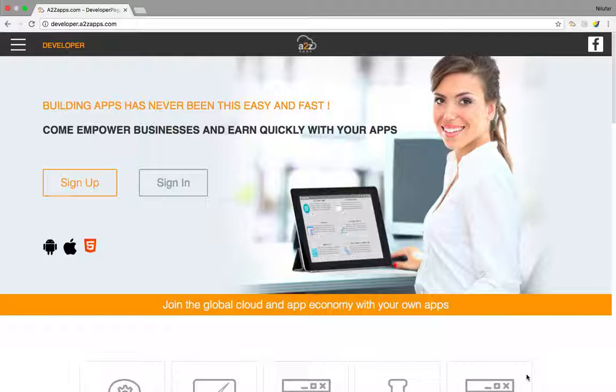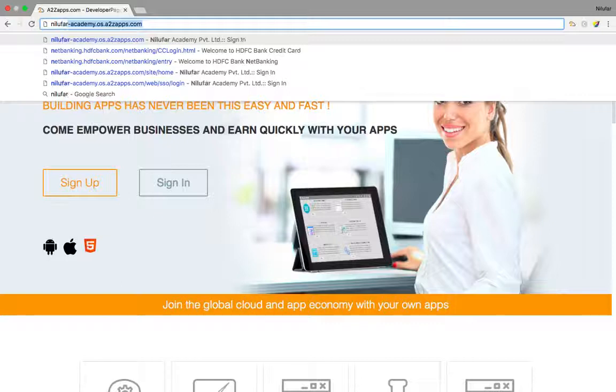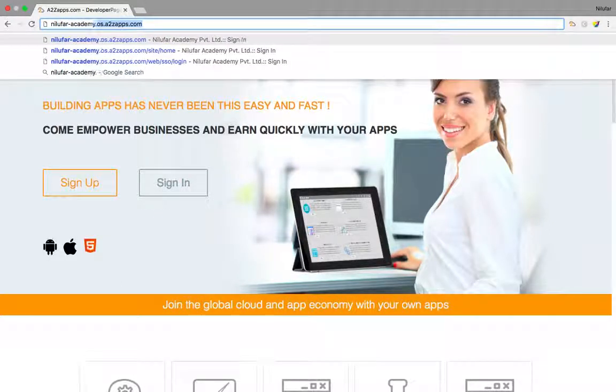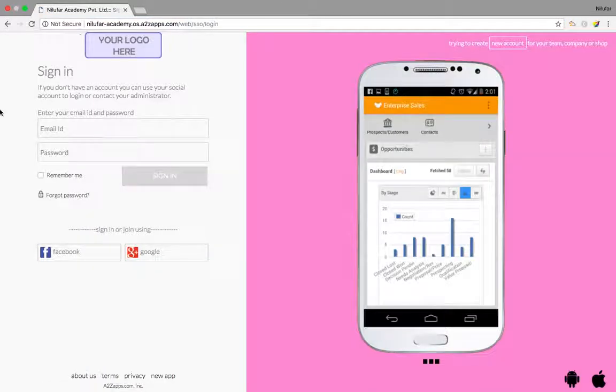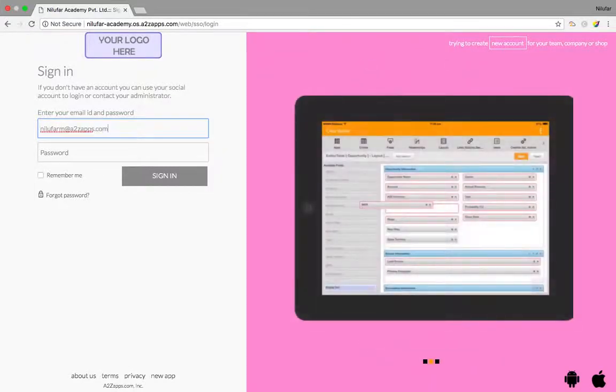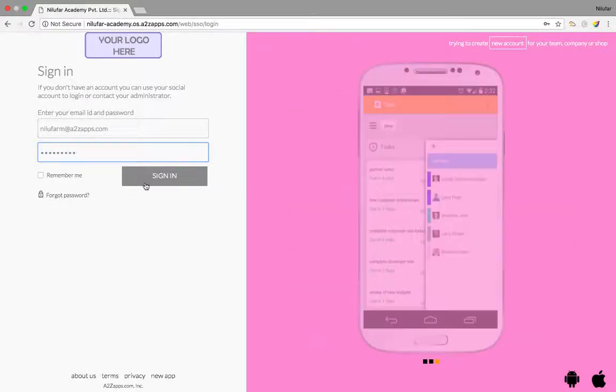So the first place that I need to go is I need to log into my account. So over here, I'm going to type the URL of my account, which is niloferacademy.a2zapps.com. I need to give my login details, email ID, password, and sign in.